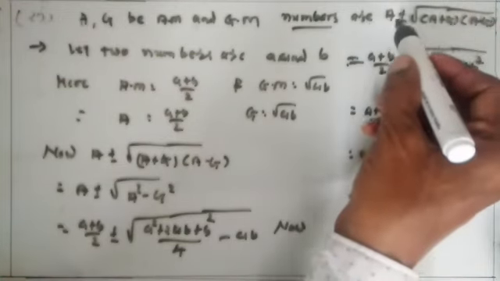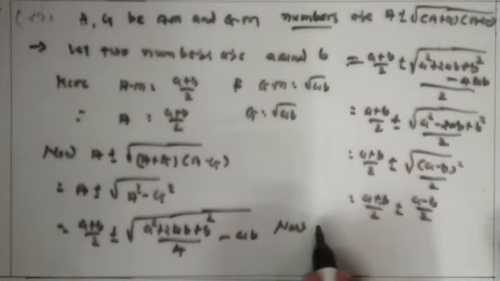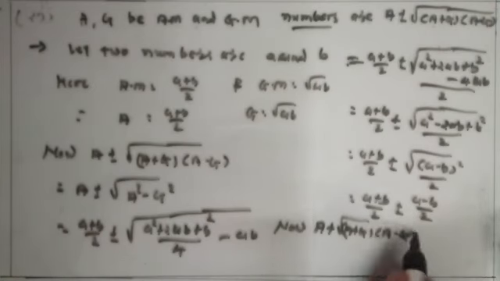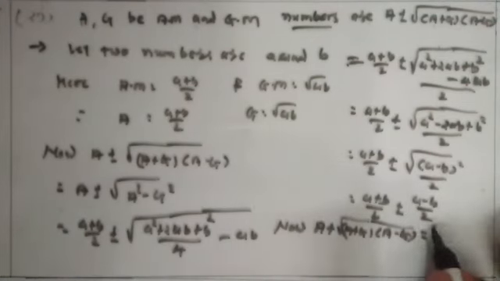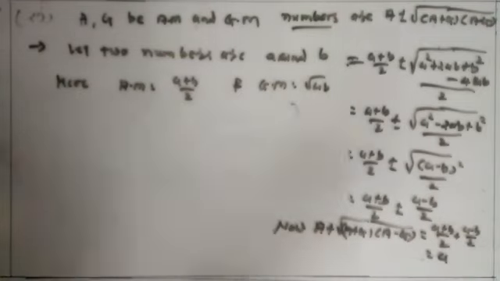Now here we want to show that the given two numbers are A plus root of (A plus G) into (A minus G), and the second is A minus root of (A plus G) into (A minus G). First we get A plus root of (A plus G) into (A minus G). For this we take a positive sign, that is addition: (a plus b) upon 2 plus (a minus b) upon 2. So it is equal to, take LCM, so we get a plus b plus a minus b. b cancel. a plus a become 2a upon 2, equal to a.